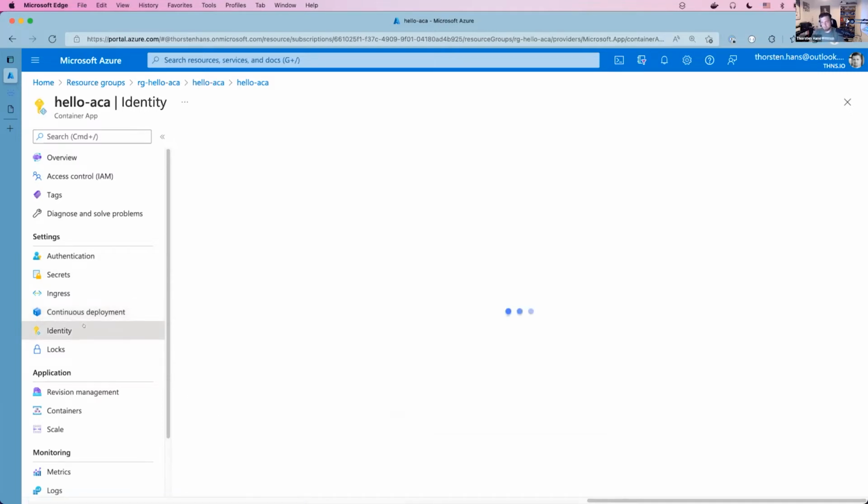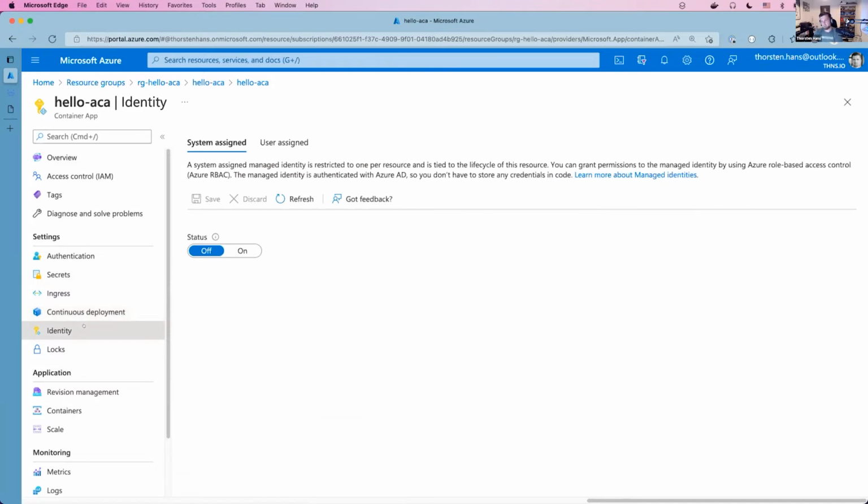We can use managed identities, so either system-assigned or user-assigned identities that Azure Container Apps will attach to or use to run that particular container, which makes integration with other Azure services easier because we can do it passwordless, right? We can just configure role-based access control on the upstream services,